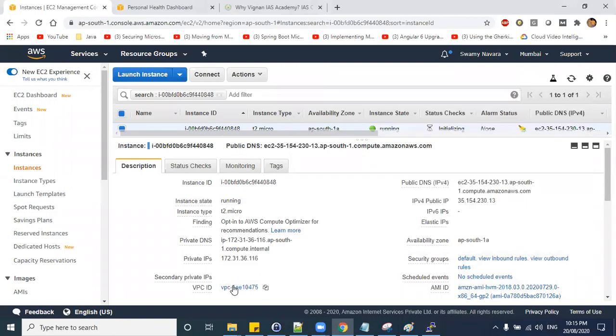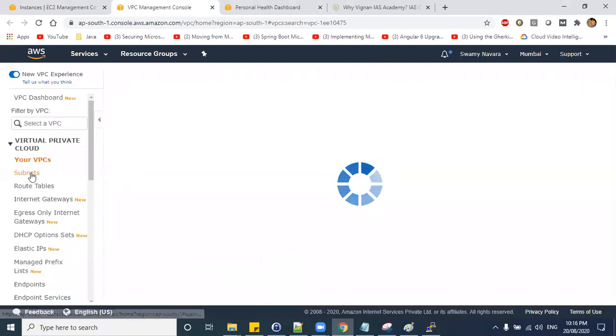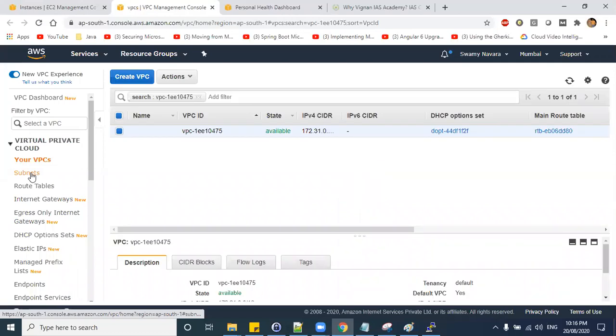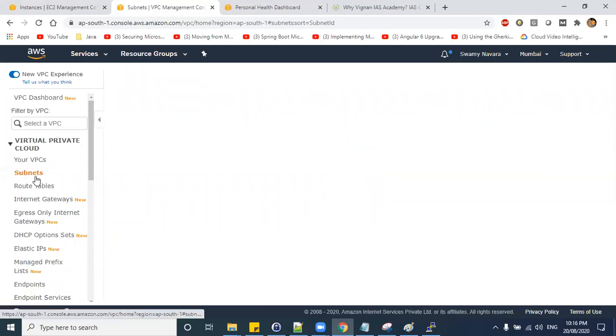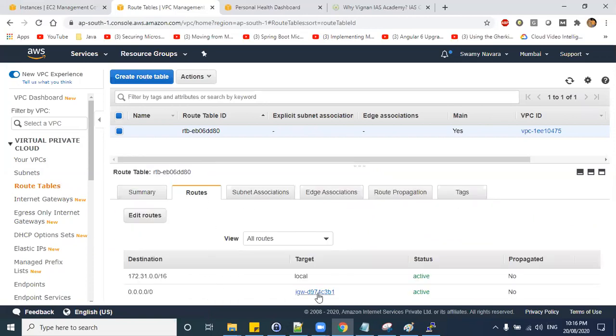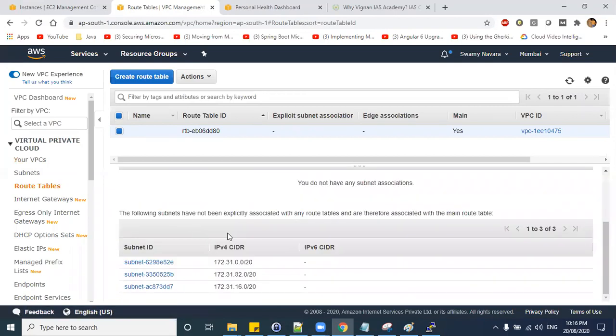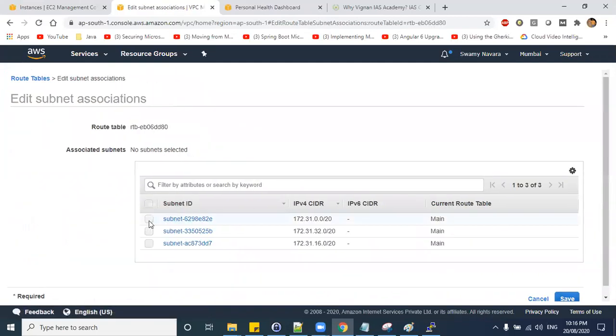Okay. Let's check the route table here. Yeah, the subnet associations are not done.